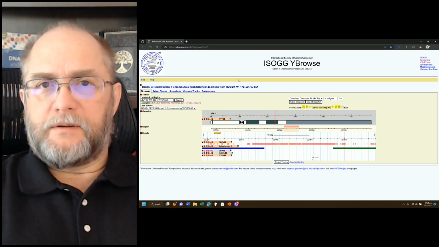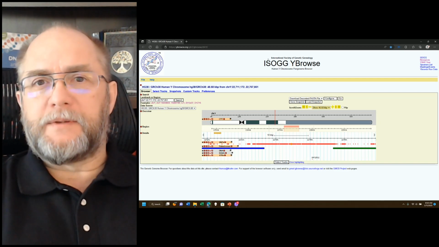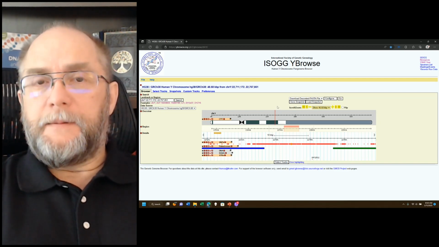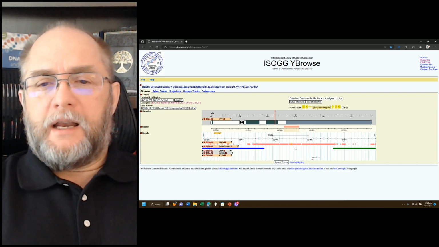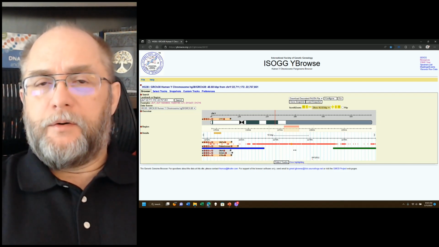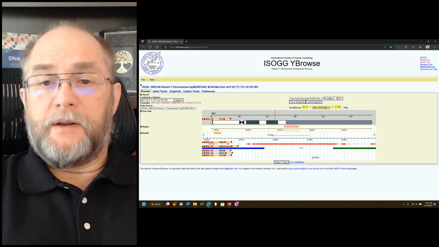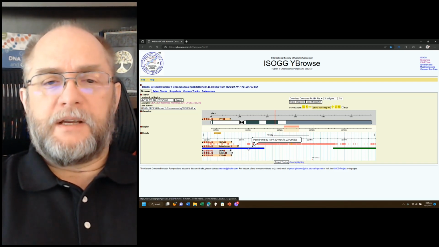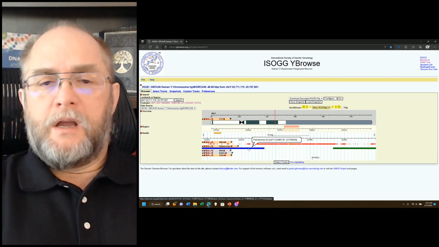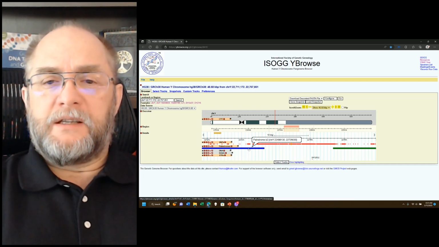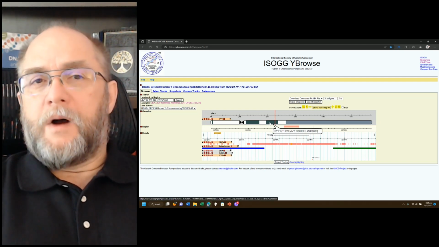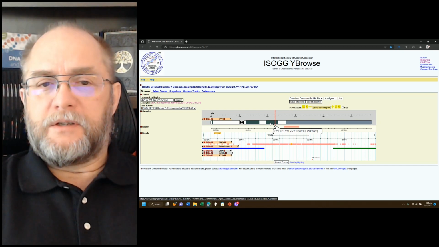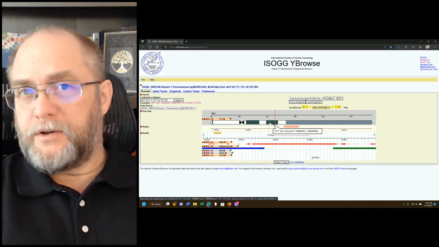So this is being recorded directly from the website of ISOGG YBrowse, and this is what it is as of today. The yellow dot here I will zoom in on in a few minutes, but this is the SNP in question. This blue bar represents what's called the B2 palindrome, which is inside the region YQ1111.223, which has been the zone in question. You also have